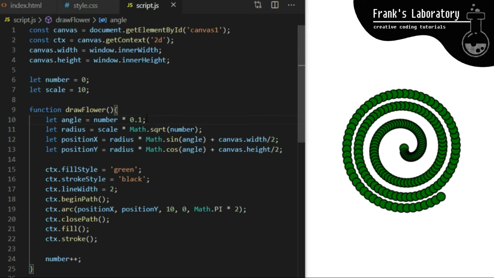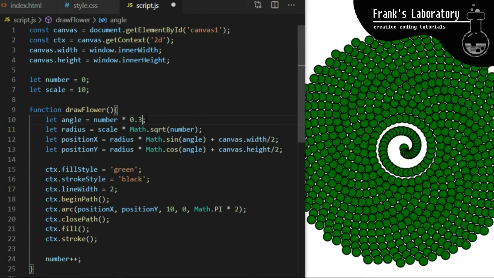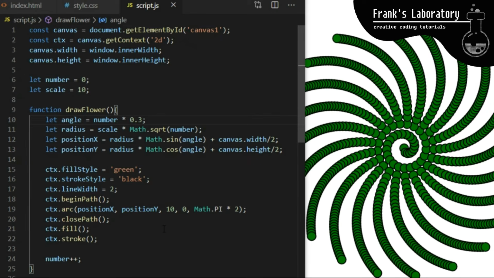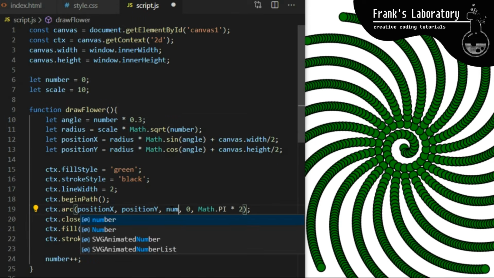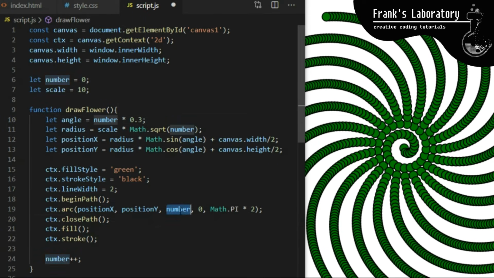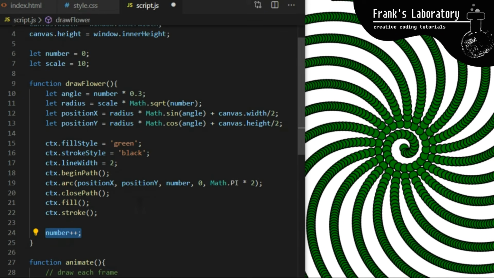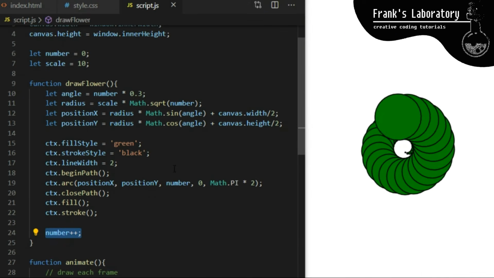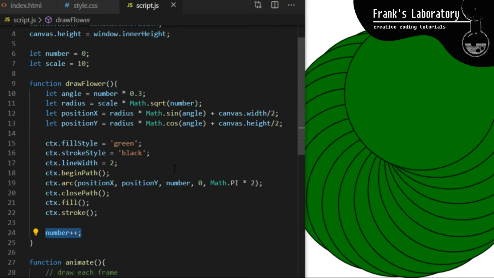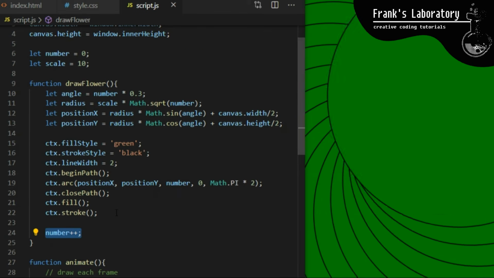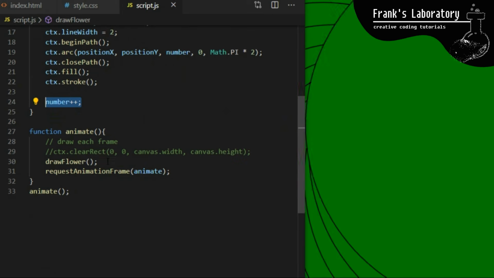I can spend hours just playing with this by tweaking values here, because you can also put very small numbers here. Look what happens if I go to line 19 and I replace size of our drawing particle with number variable. Remember that number variable is declared on line 6 and it increases by 1 for every frame of animation. So the particle that draws our flower effect will be growing. I don't want it to be growing endlessly.